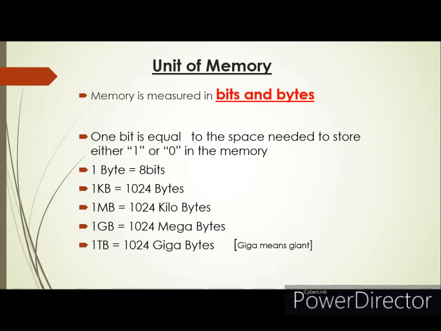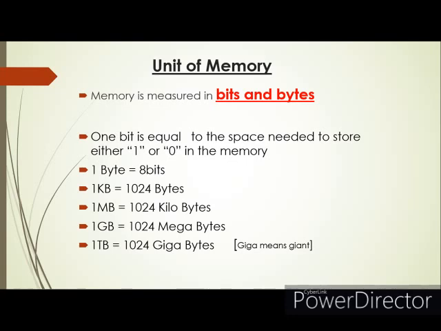See, we can connect this type of unit with centimeter or other units that we have already studied. Length is measured in centimeter, meter, kilometer, etc. As the distance increases, the unit also changes. Similarly, as the amount of memory increases, the unit also changes to kilobyte, megabyte, gigabyte, terabyte, etc. So 1 byte is equivalent to 8 bits.